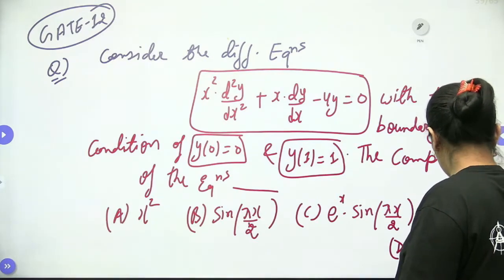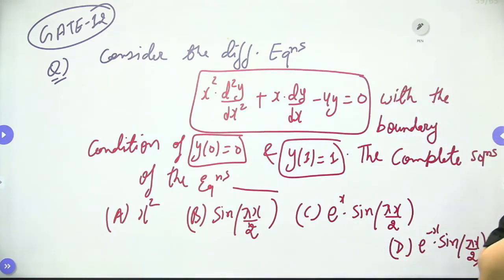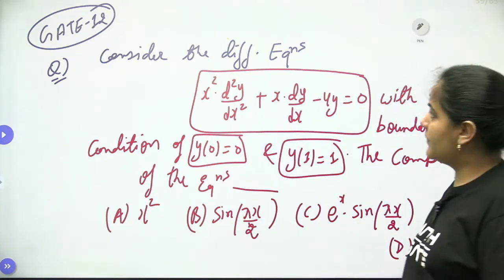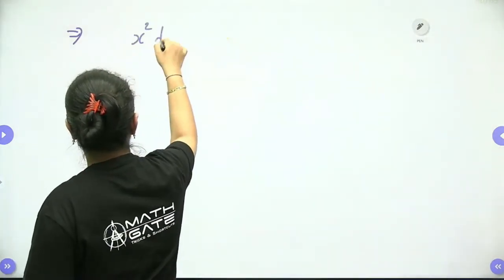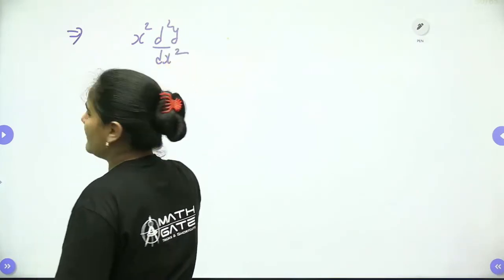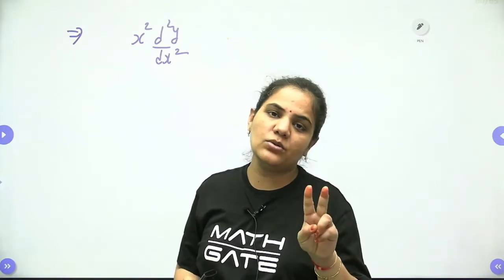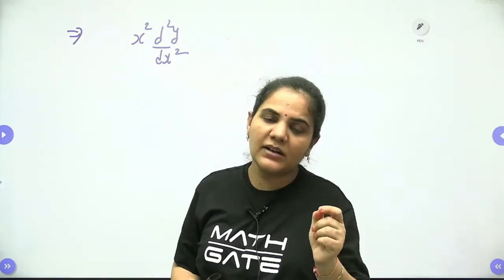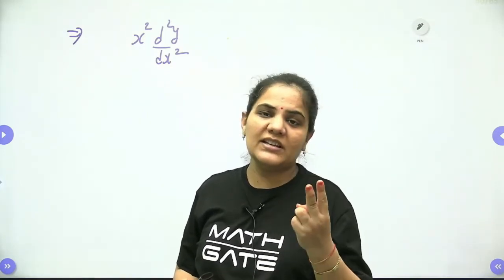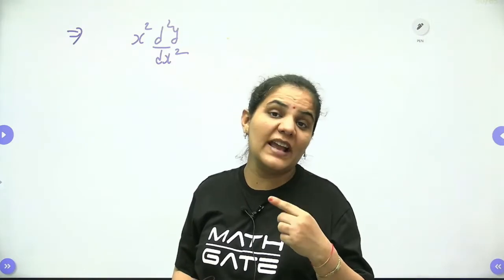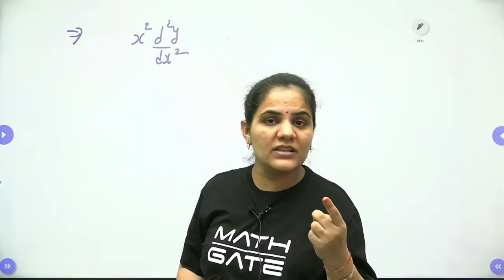Let's approach the question, guys. We can easily identify the question, and we can easily approach it. We know very well the pattern will be the same. Now I think you feel more comfortable with this method. It's exactly simple. We have to follow only 2 steps. At the place of x, remember one thing, you will always use e to the power z, where z is equal to log x. The second thing is, at the place of x d by dx or x capital D, it will be q, x square d2 by dx2 it will be q into q minus 1, and so on.